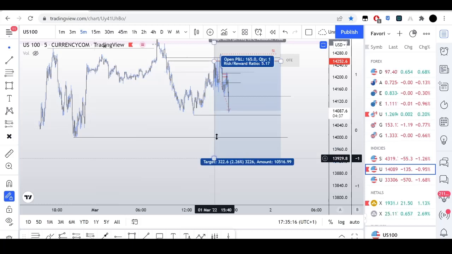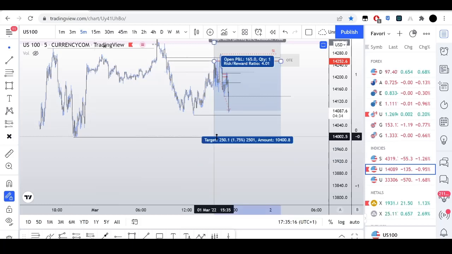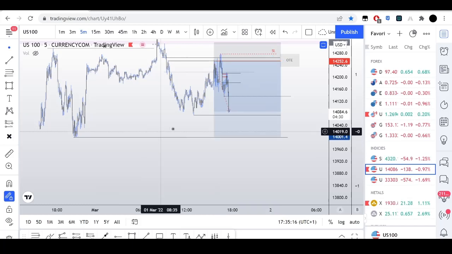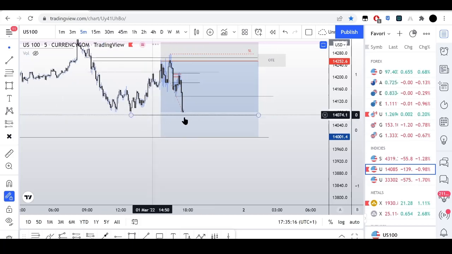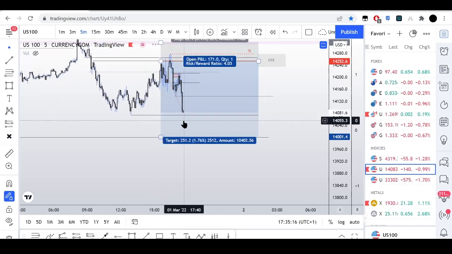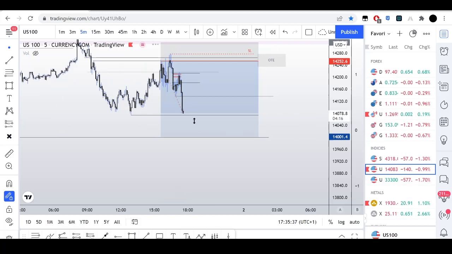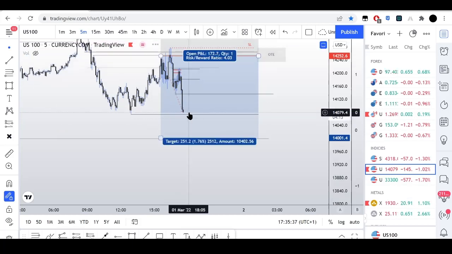I don't know if we could get all the way to this low. So I want to see what we do after we take out this low here. After we take out this low, I want to see large candles, no quick takeout, and then revert back. That's what I really don't want to see. So if we start reverting back, then I'm gonna just TP this trade.